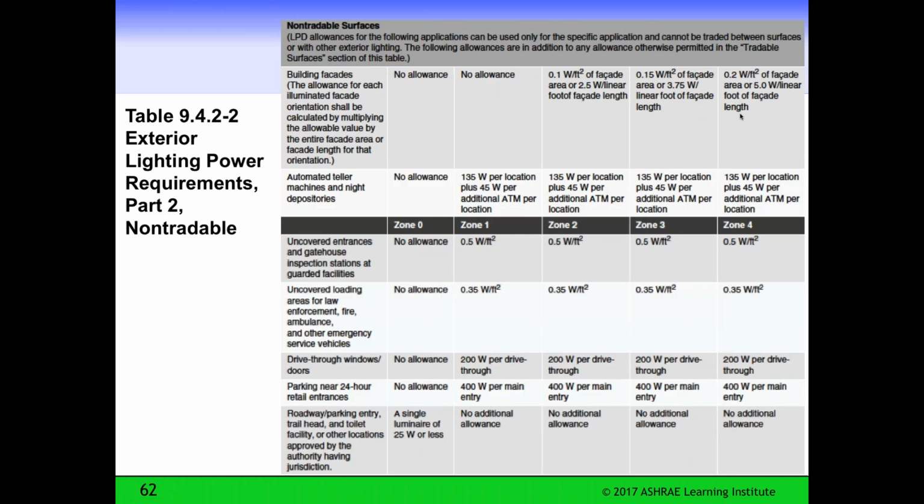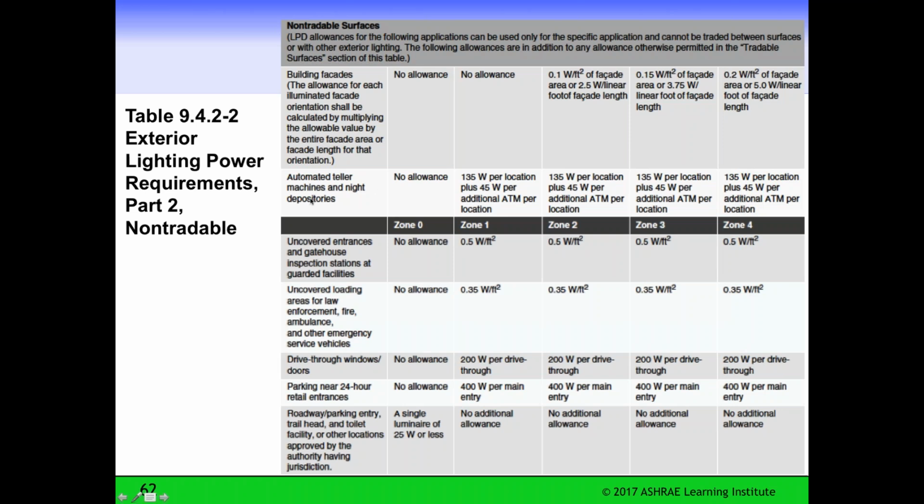The second type of lighting power requirement outside are non-tradable requirements. And these are for areas where there are life safety or security requirements.